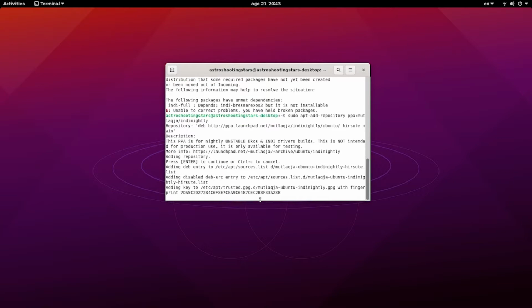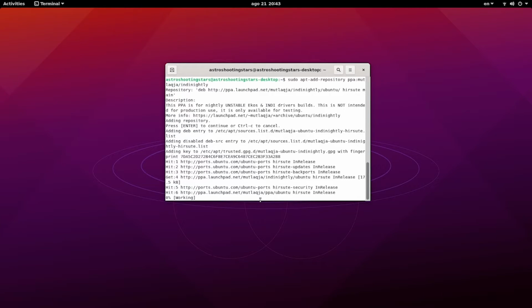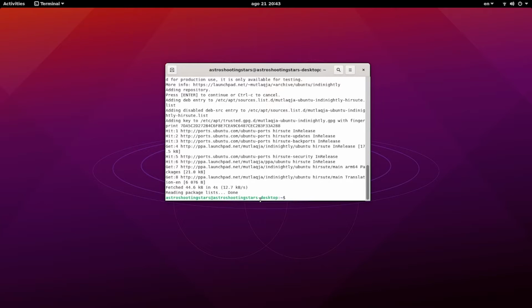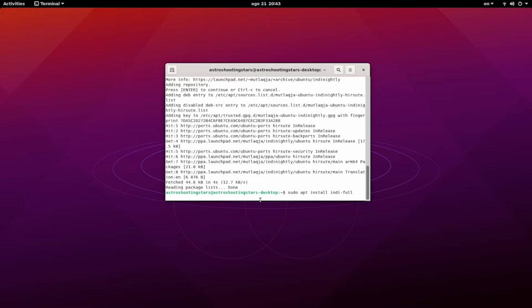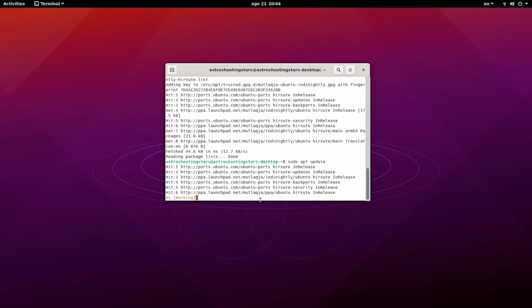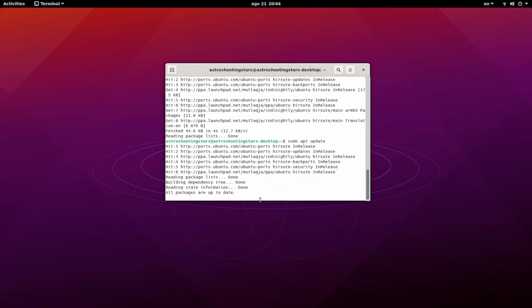This is not the stable version, but as you got the error for the stable version, it is better to update it to the nightly version, and it worked fine for me. As you can see, the repositories are being updated and downloaded from the stable version to the nightly version. Once the repository is updated, we need to again update our system to ensure that it knows the new repository has been added, by issuing again the command sudo apt update.